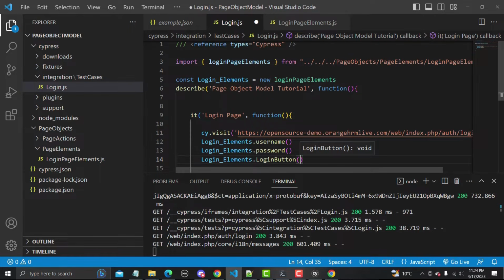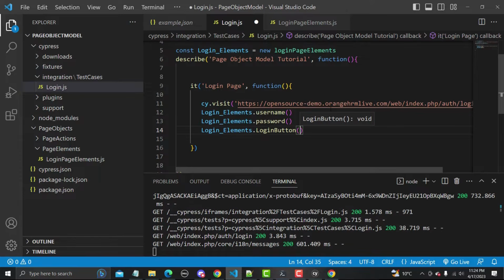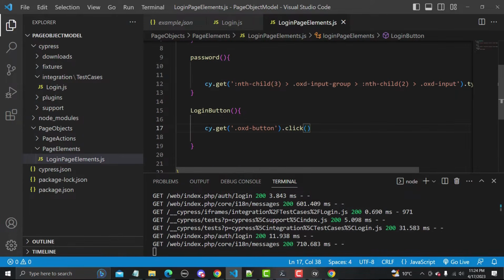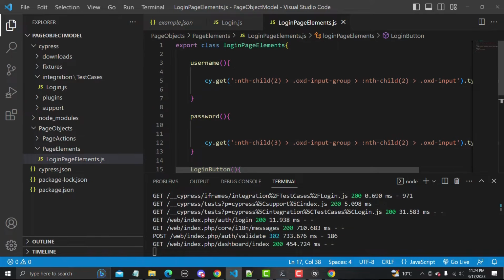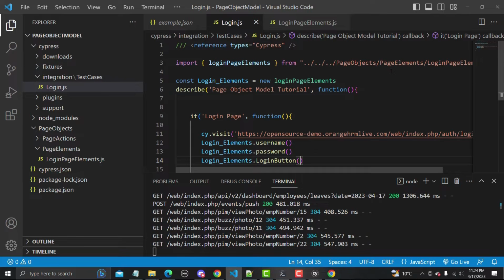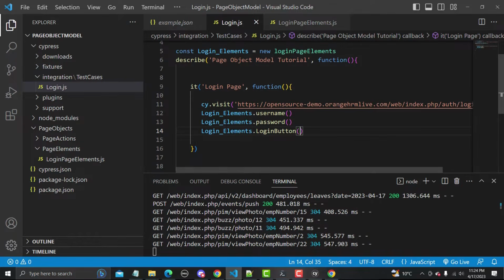So these are the three methods which we created in our login page element: username, password, and the login button. We simply created an object, we imported this file here, and we call the methods with these variables. So let me show you.